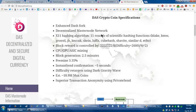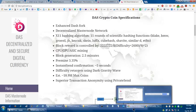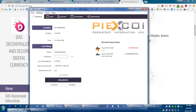Anyway, sorry to go off on a different tangent there and a different channel, but basically just wanted to point that out to you. So basically, I pointed out to you, as far as, let's bring up the wallet. Is the wallet up? Oh, here's the wallet. As far as the